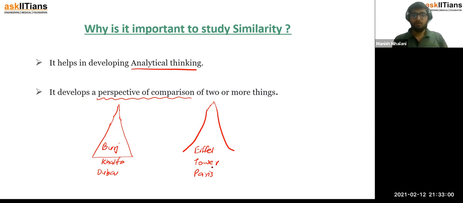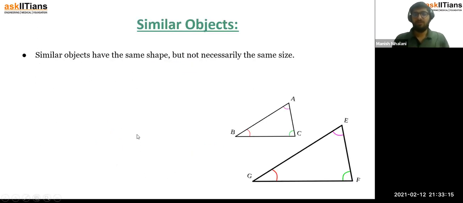So those structures, those figures, those sketches which are of similar shape but not the same size, are called similar objects, right? So similar objects have the same shape but not necessarily the same